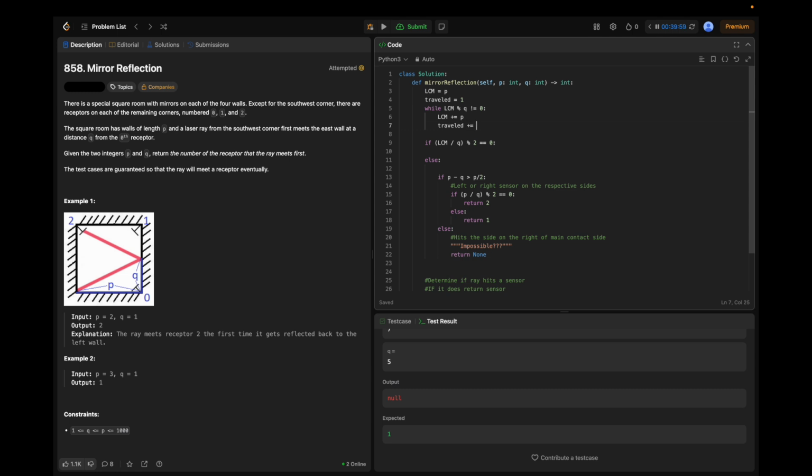So we traveled one more side on the square, right? Okay. So now if you do 8 divided by 2, right? The traveled mod 2, traveled would be 1, and thus it would hit this side, 1 or 2. Is equal to 1,